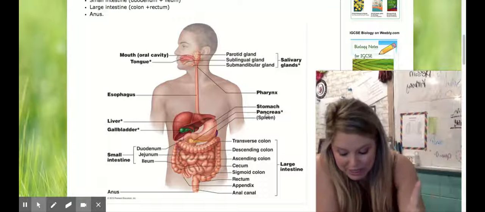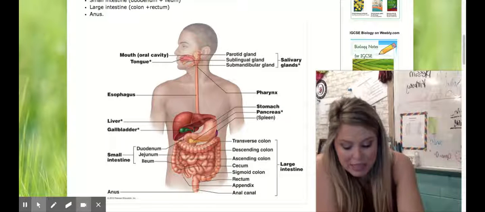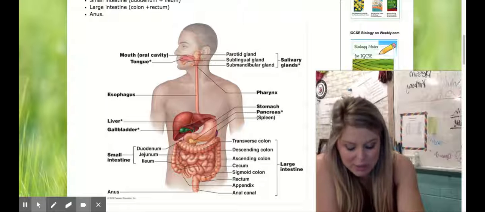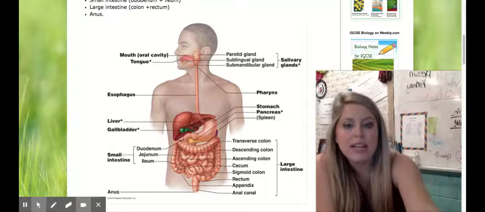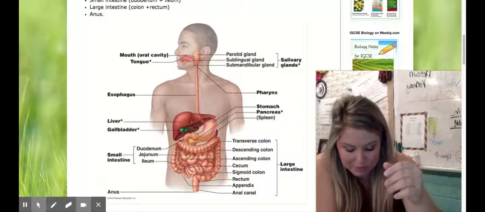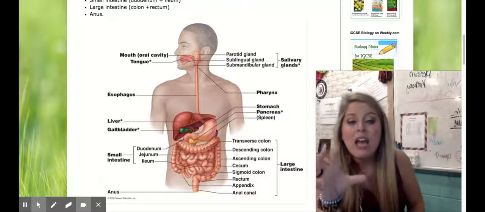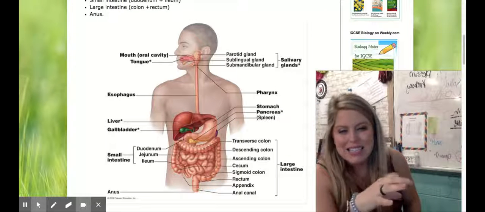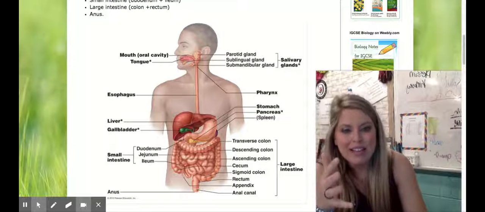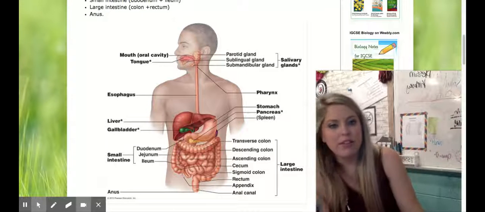Your pancreas is going to produce all 3 different types of digestive enzymes, which are amylase, protease, and lipase. So very important. It's the enzyme maker. And it also is going to secrete those into your small intestine. Important note, and we'll get into this next video, it's going to help alkalize or tone down the acidity of the material coming out of the stomach.